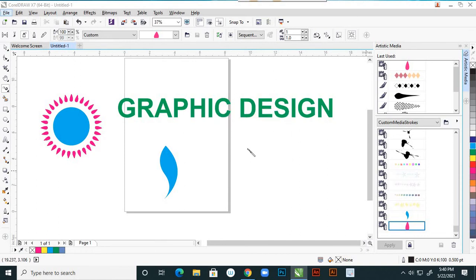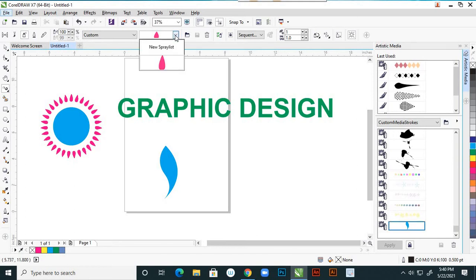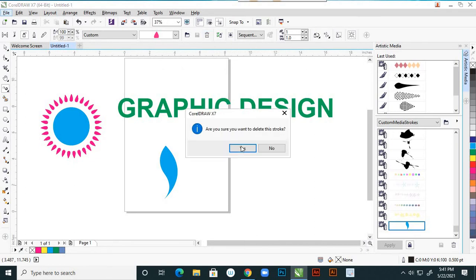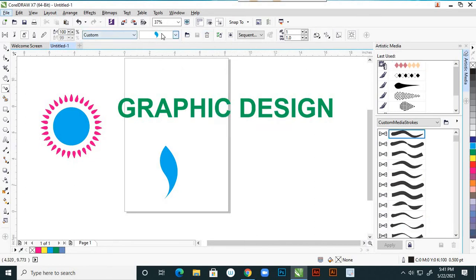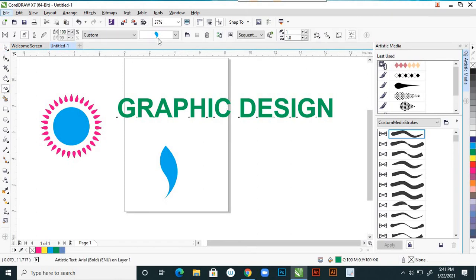First you delete this. Now select this and the artistic media brush and click on this. It is applied already, but it is not showing because you can reduce this size.